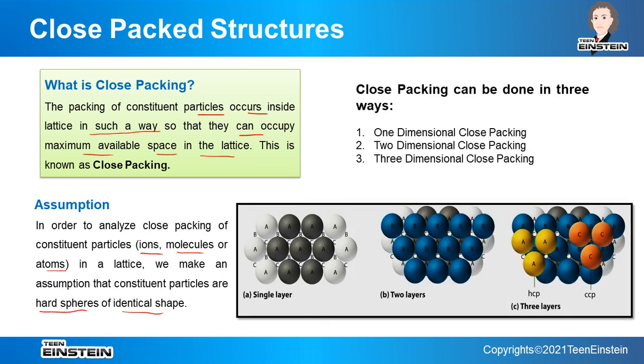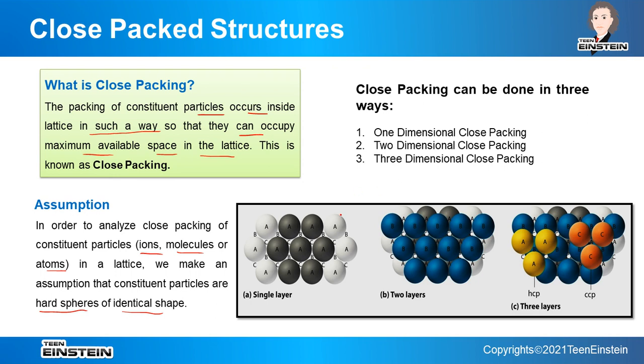Close packing can be done in 3 ways, and that depends on the dimension. If it is one dimensional, then it is one dimensional close packing. If it is two dimensional, it is two dimensional close packing, and three dimensional close packing, which is the actual real structure. Because when we consider the crystal structure, obviously it is three dimensional, it cannot be one or two dimensional. So in one dimensional close packing,